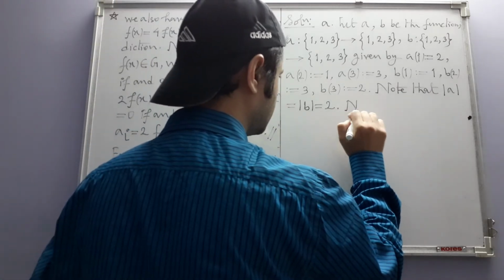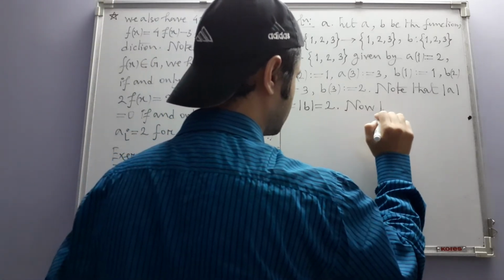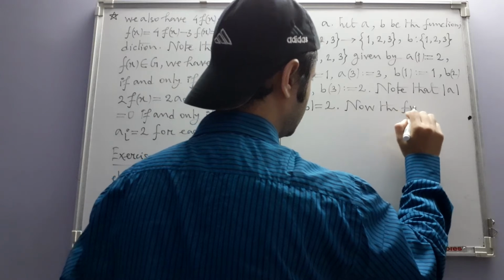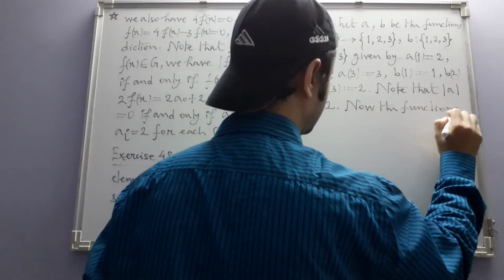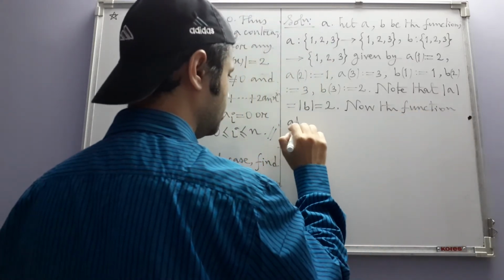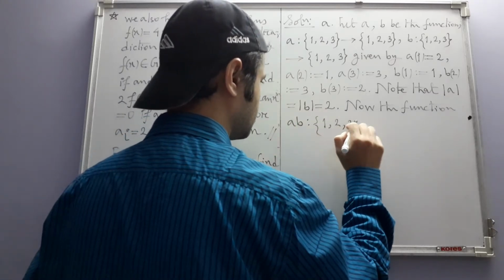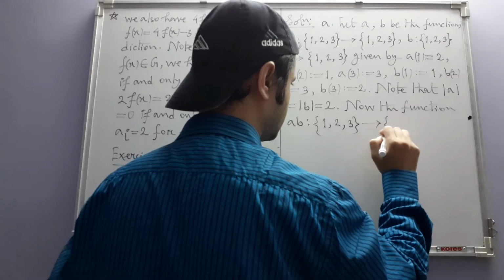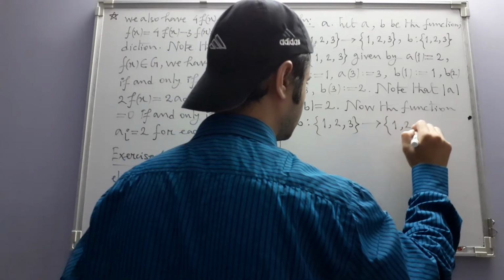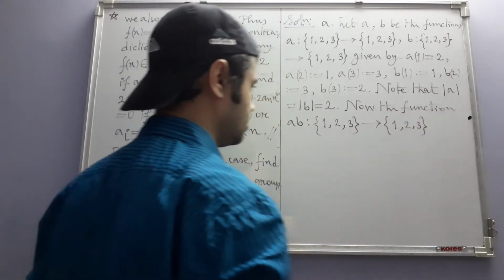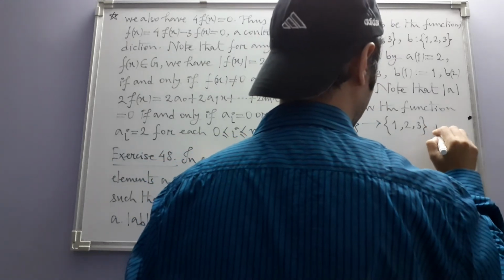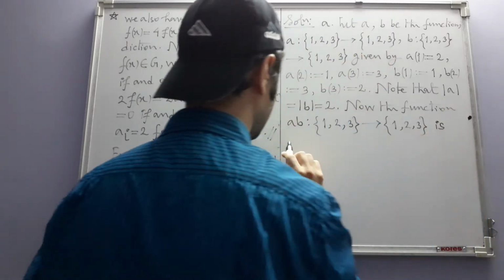Now the function AB, which again is going to be a function from this set to this set, is given by,